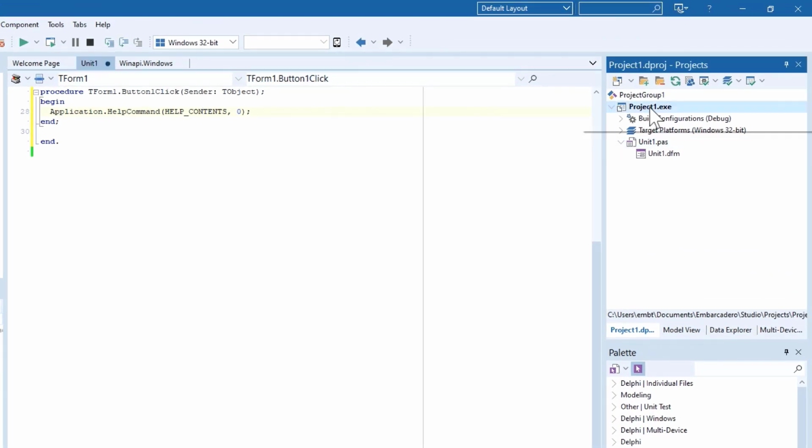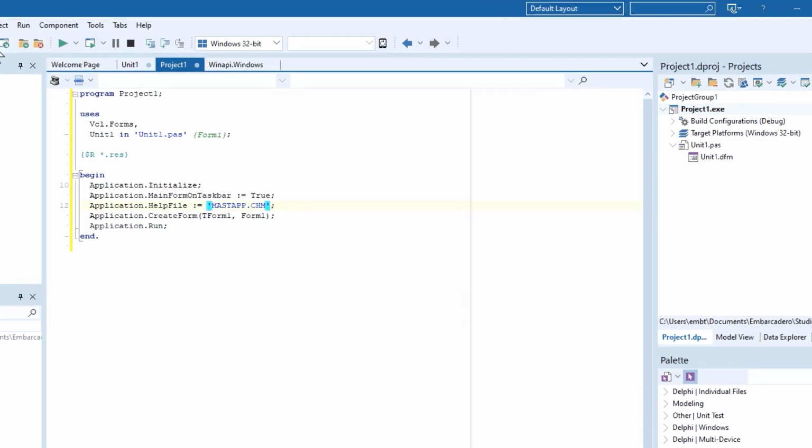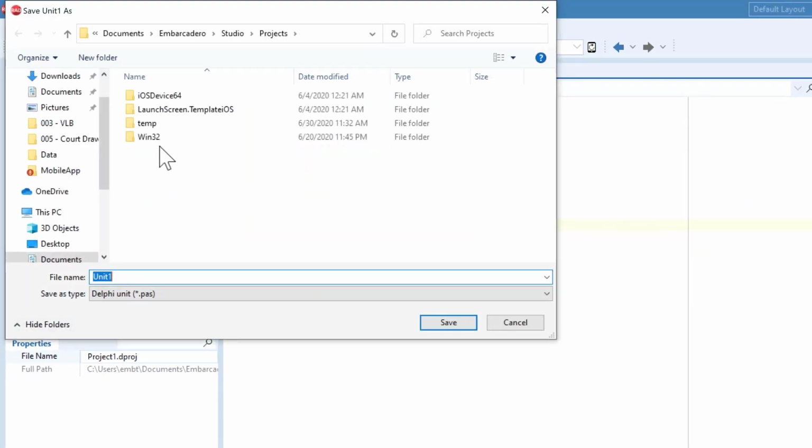And if we select the project, press Ctrl V, we can go back to the source here. Let's just go set the help file. Now the help file is changed to CHM. Now as I build this application for the first time, it's not going to be pointing at the folder, or the source code isn't going to be in the help file is not going to be in the folder. So let's just go ahead and save all of this, and we'll just make a temporary folder here